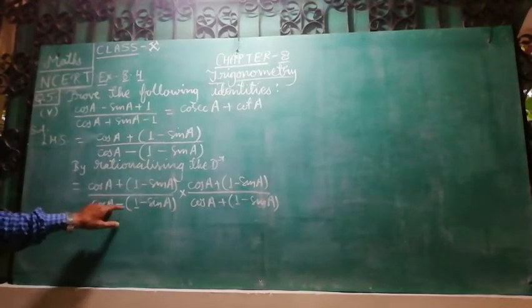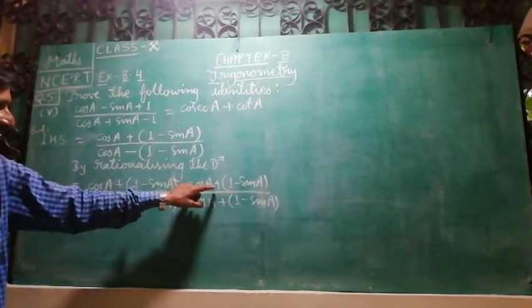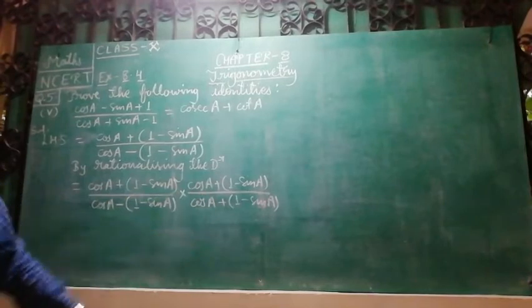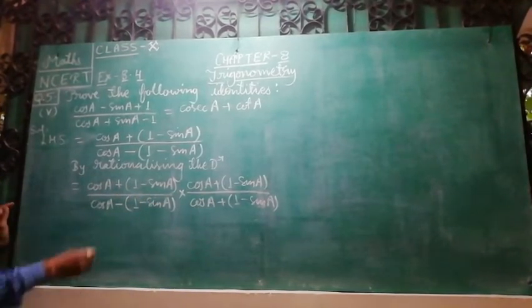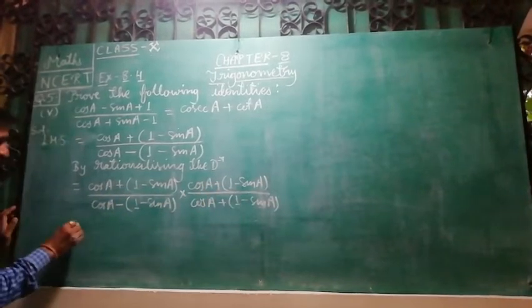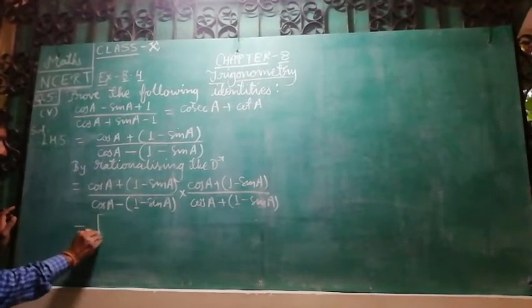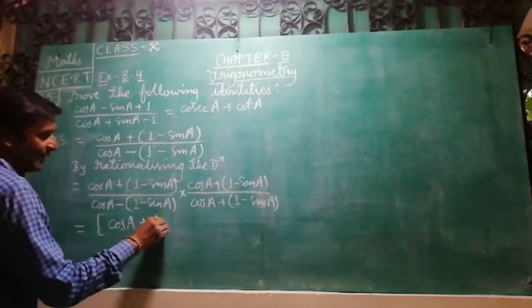the sign of denominator in between. This is minus sign, means positive sign is taken and then it is multiplied and divided by the same quantity. It is called rationalization, that you know very well. Now A plus B into A plus B is equal to A plus B whole square. So we may write here cos A plus 1 minus sin A whole square,